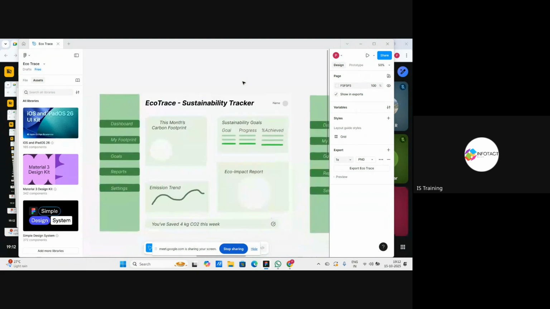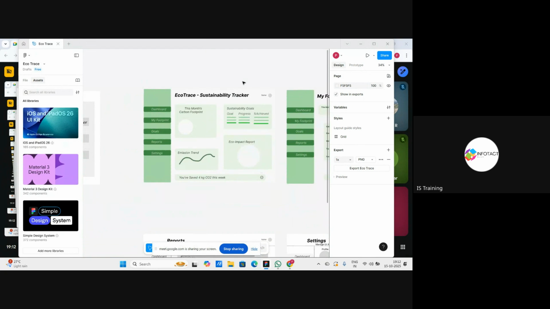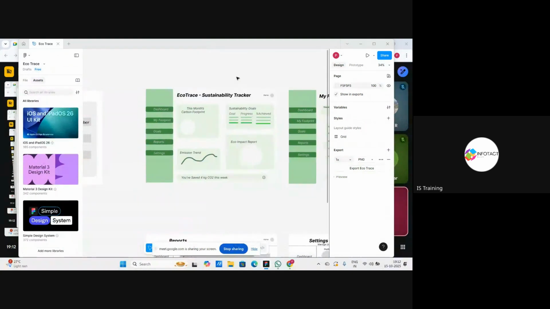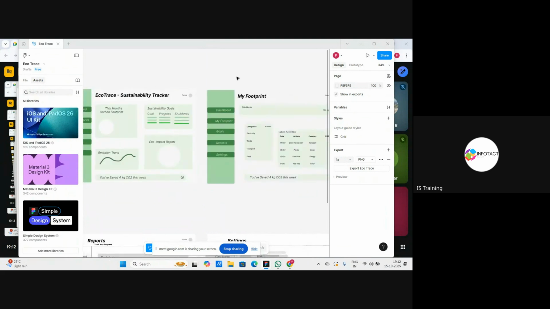I'm just checking that one only. You can add some sort of gradient color in your design. That white one, you can add some gradient color, like a mixture of two gradient colors. The rest it's good.